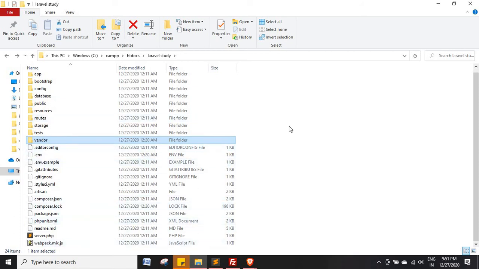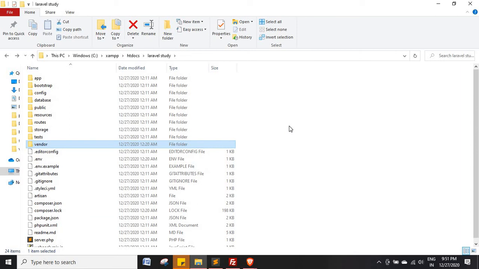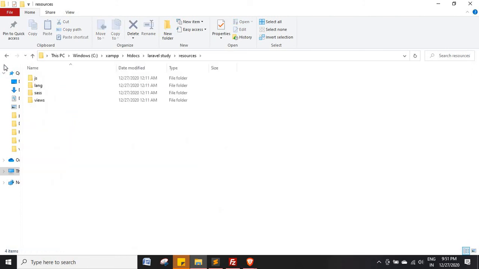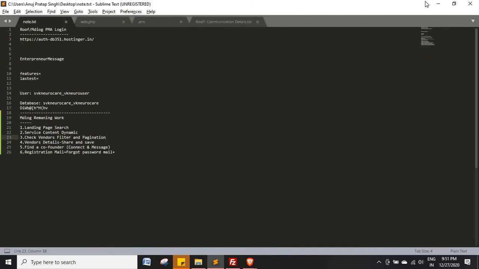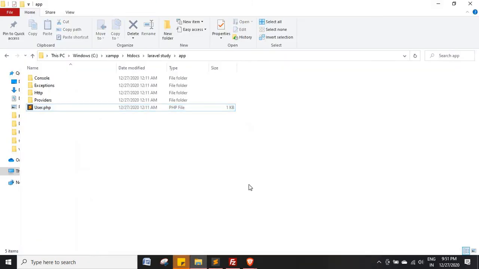now you might be wondering where you are going to place your model and the controller. Views you already know; you place them inside the resources folder. Models you have to place inside the app folder. You can see user.php. So user.php is my model. Now all your application models, because Laravel is MVC, model view controller,